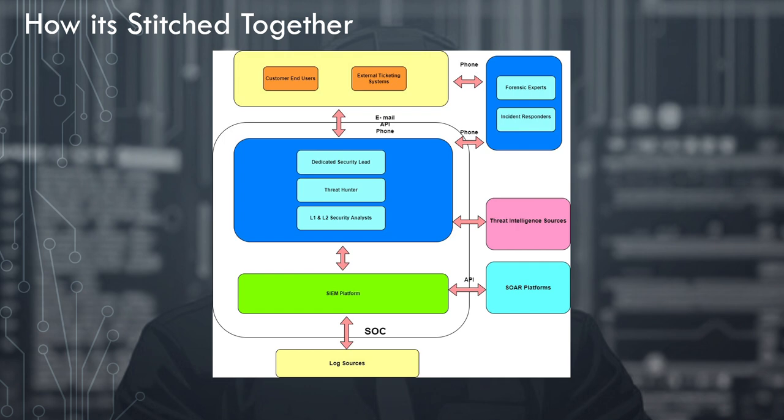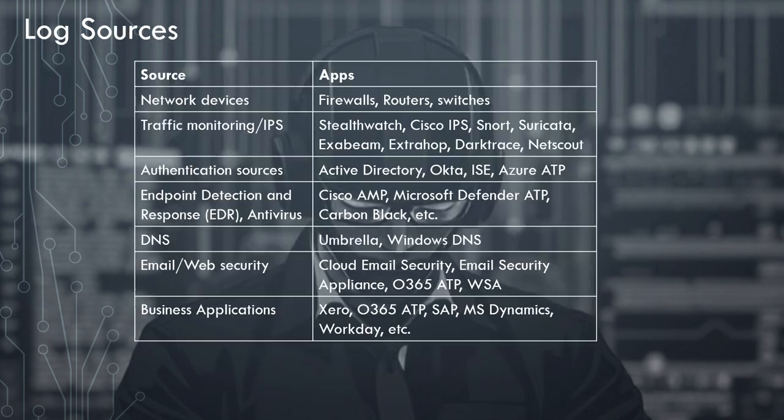And also there's regulatory compliance requirements to keep logs too. So when you are selecting a SIEM platform, you need to consider that as well. These are some examples of log sources. As I said, there are network devices, intrusion prevention systems, authentication sources like Active Directory and Okta, endpoint detection such as Cisco AMP, Defender, Carbon Black, could be any antivirus, email security, and then business applications such as SAP, Xero,